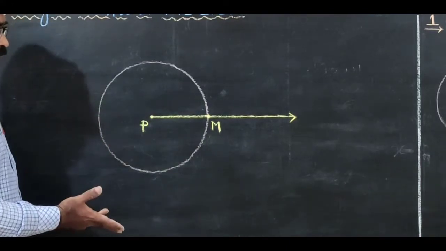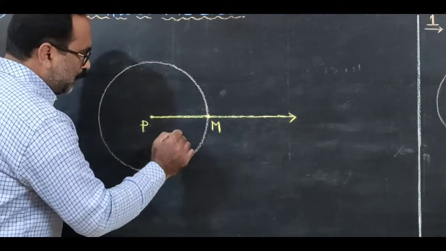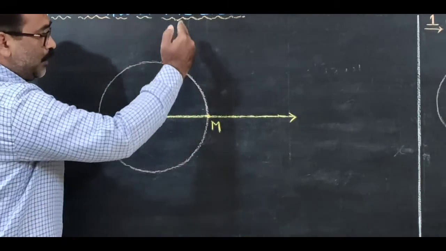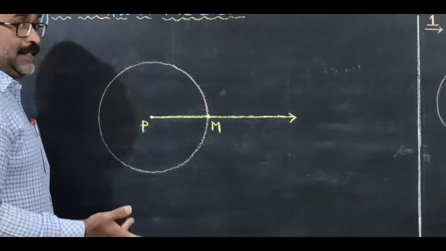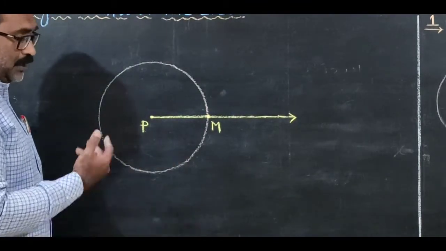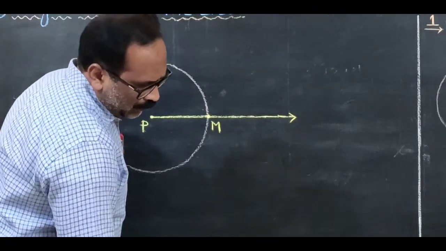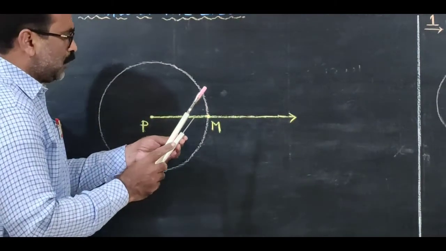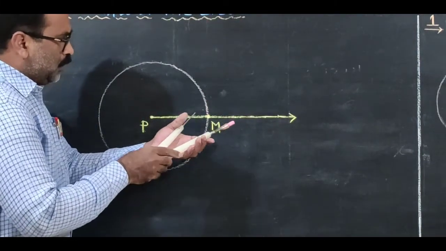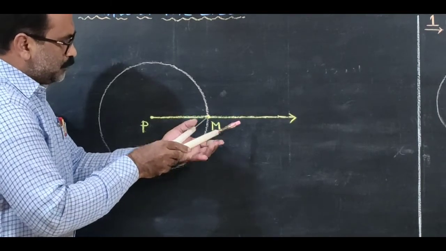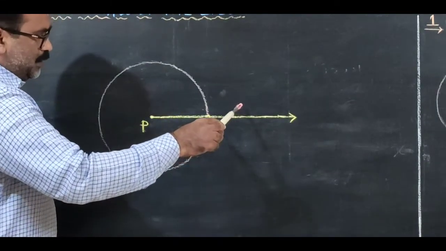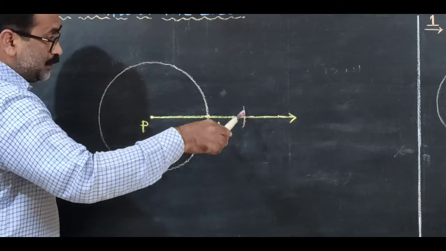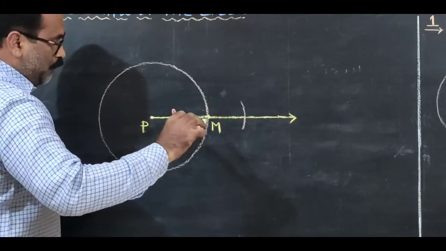Here we want to draw the tangent to the circle from the point M. So how do we draw it? We draw a perpendicular to the radius through point M. It is the tangent of the circle at point M. So to draw the tangent to the circle from point M, we put the nib of our compass at M and we take a convenient distance. We draw an arc on both sides of M of the same distance.